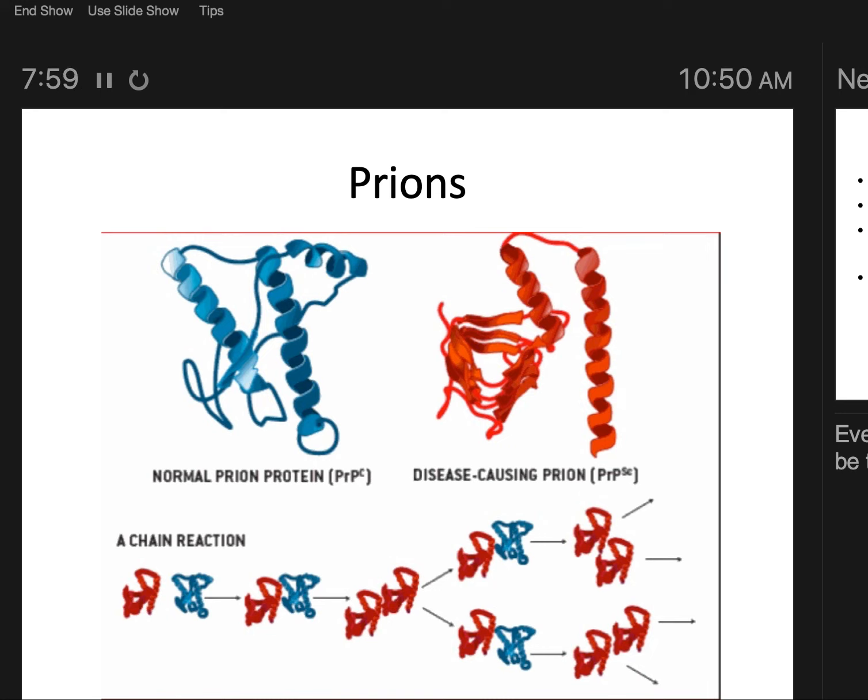But that's not true with prions. Prions are not building new prions from scratch. They're converting normal proteins to prions. So it's sort of like zombies don't have zombie babies. They convert normal people to zombies by biting them, right? I guess vampires are the same way, right? So you can think of them that way, like the undead. They're not having baby monsters. They're converting normal people to monsters. They're converting normal prion proteins to prions.